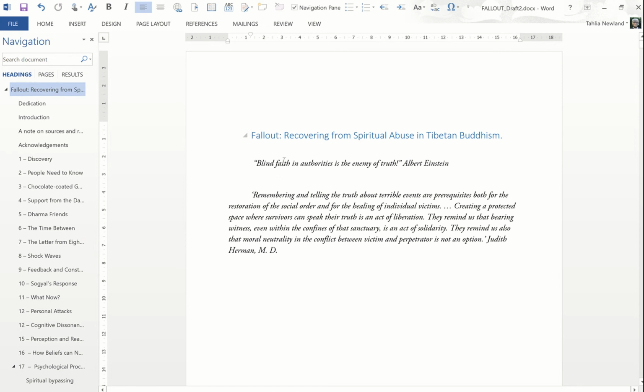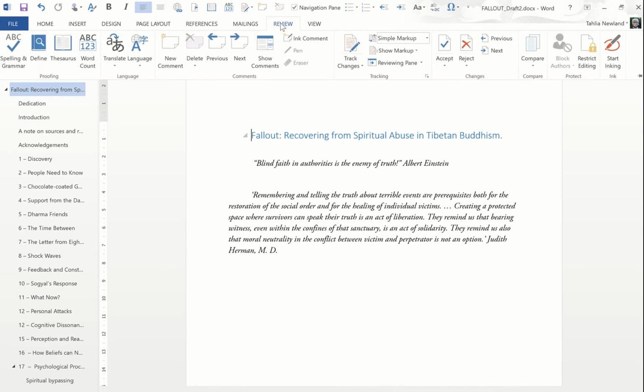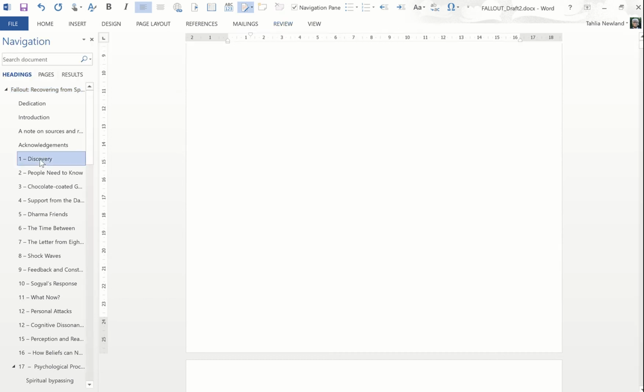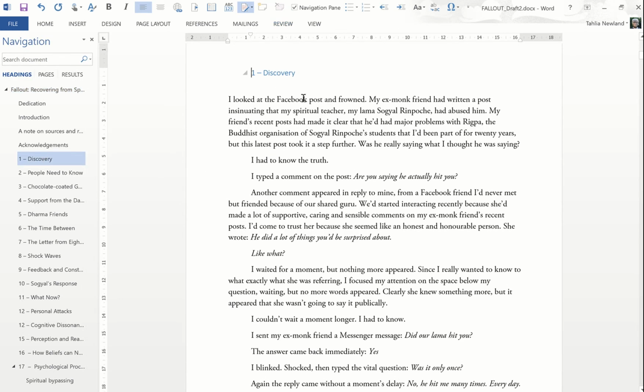So, track changes. We go to the Review panel, right? And here's the track changes here. Okay, so if we want to put track changes on, which is what I do when I come to edit your work, I'll click on track changes. What that means is, and I'm just going to go down to this part here, that when I make a change, for instance,